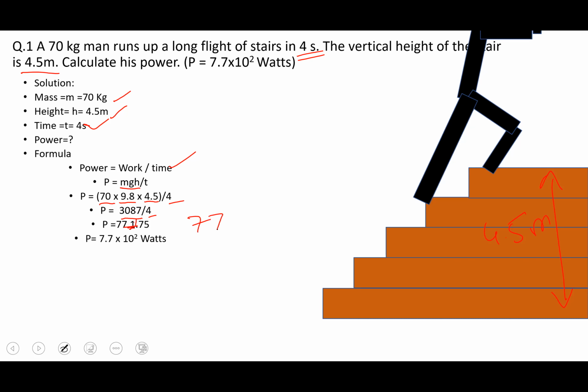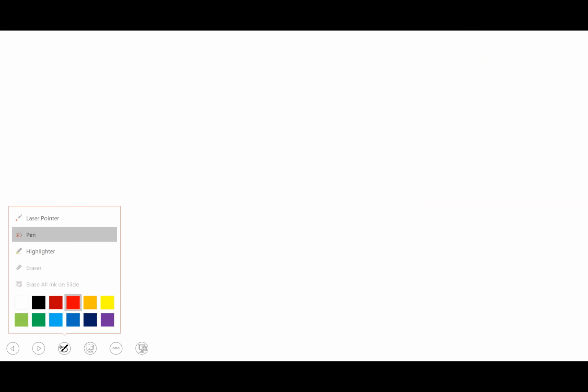So 771 can be written approximately as 7.71 into 10 to the power 2, which I've done over here. So this is the point which we want to discuss. The power will be equal to 7.7 into 10 to the power 2 watts, and that is our required answer as well. Moving on to the next question, which says